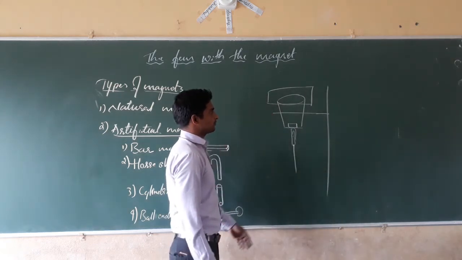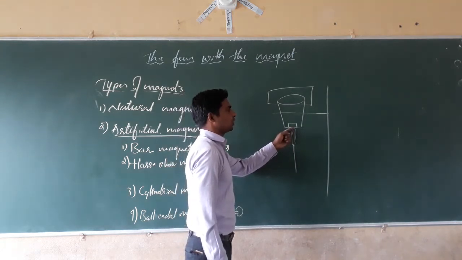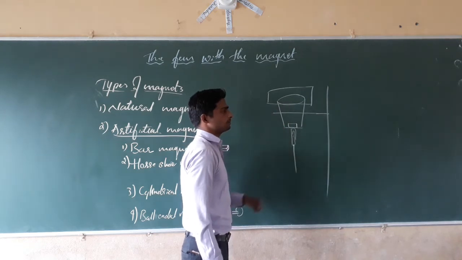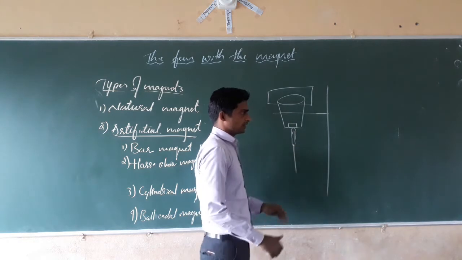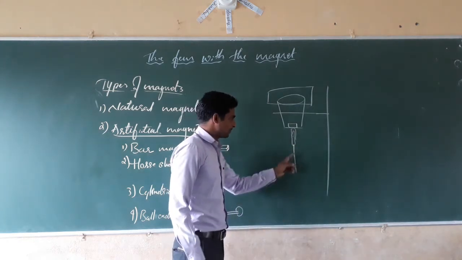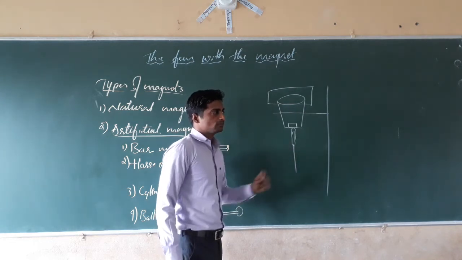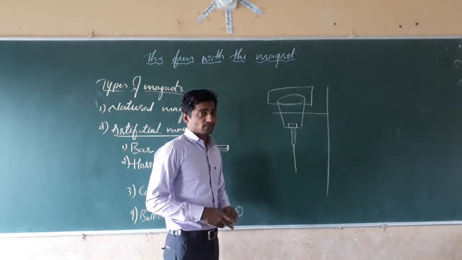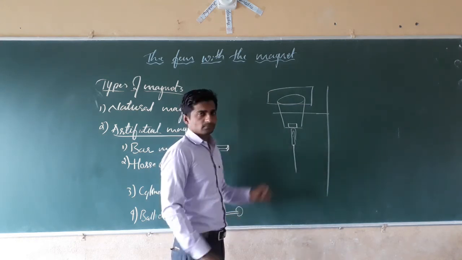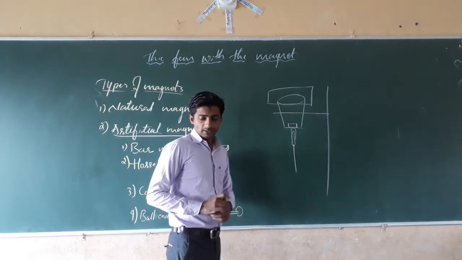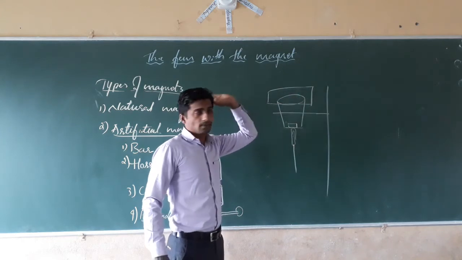Next, dear students, bring the pin in contact with the lower end of the paper cup, and the pin will stick on the lower surface and appear like a freely hanging pin. The magnet is not visible, and the pin seems directly attached to the paper cup. It means that actually the magnet is present inside the cup.